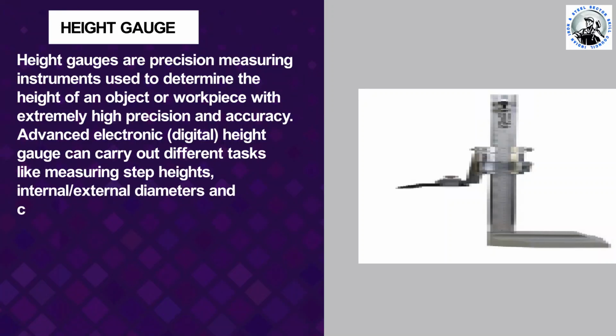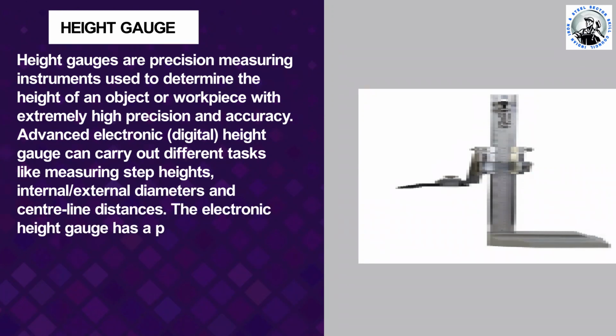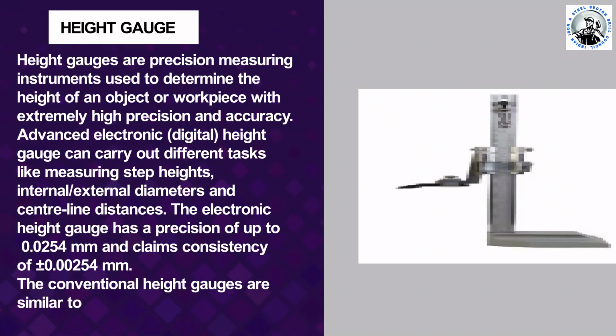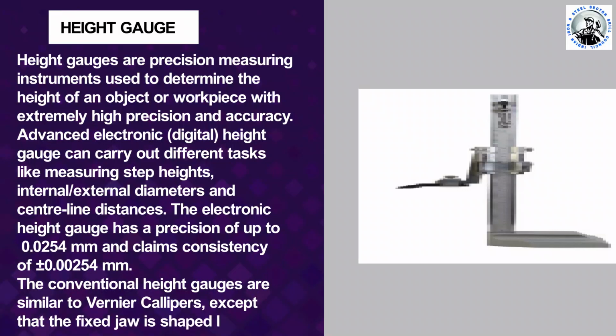The electronic height gauge has a precision of up to 0.0254 mm and claims consistency of plus minus 0.00254 mm. The conventional height gauge are similar to vernier calipers except that are fixed jaws in shaped like a